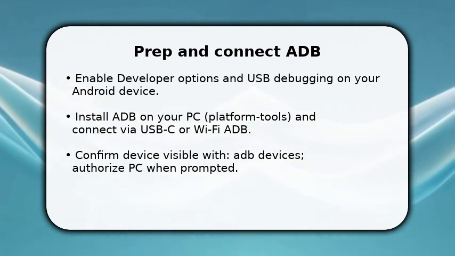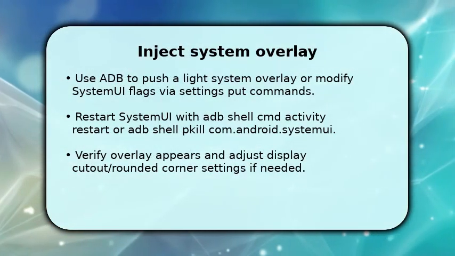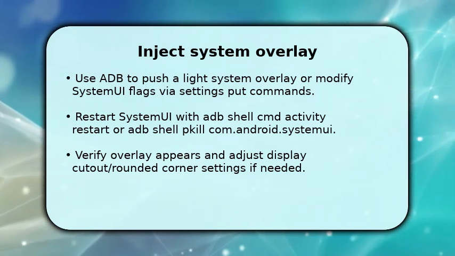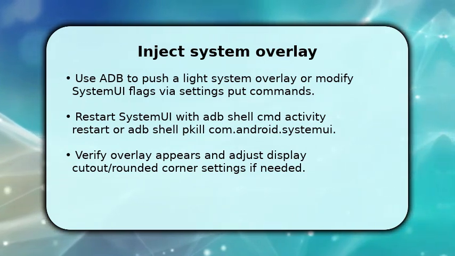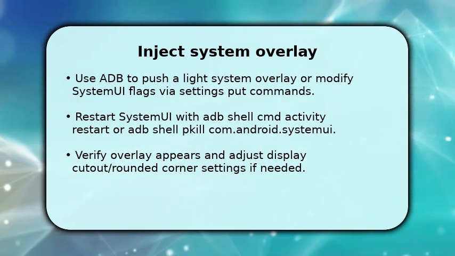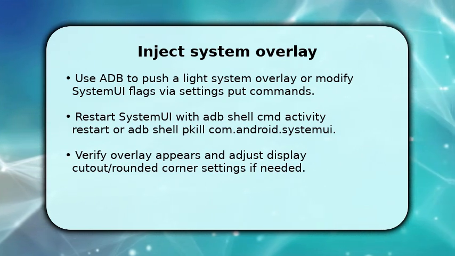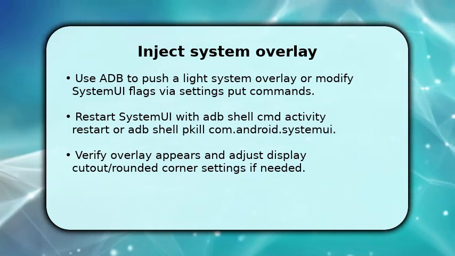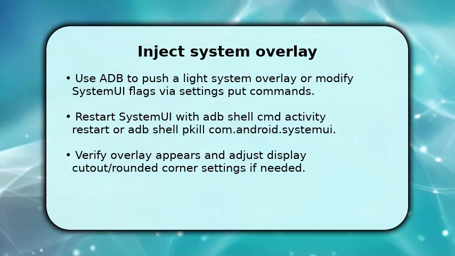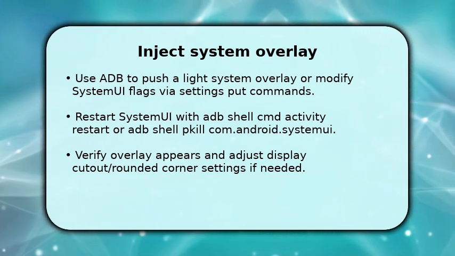Now use ADB to enable a dynamic island-style overlay at system level. You can push a tailored overlay or toggle system UI flags. By running settings put commands that enable a top-center floating cutout and rounded corner masks. After applying changes, restart system UI, either with an adb shell cmd activity restart or by killing com.android.systemui so Android reloads resources. Watch the status bar area as it comes back. The visual island should appear if the overlay